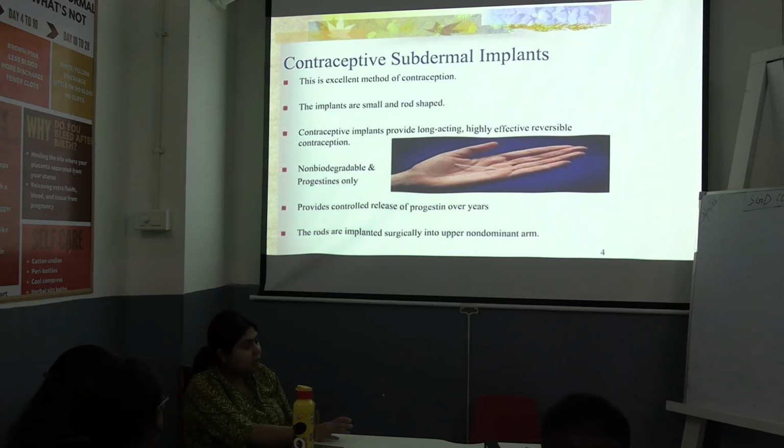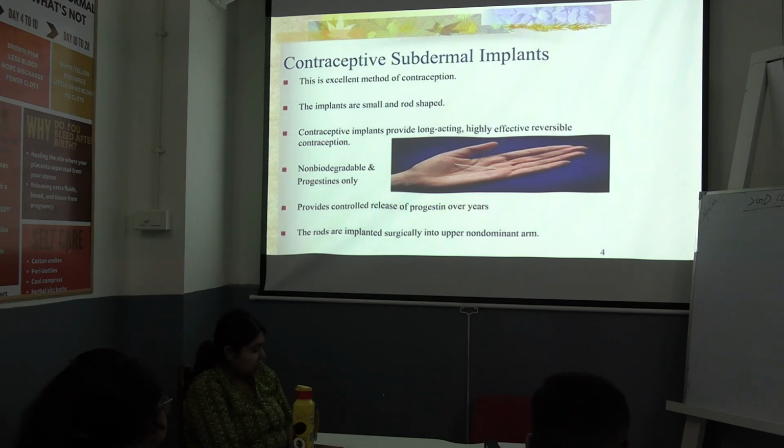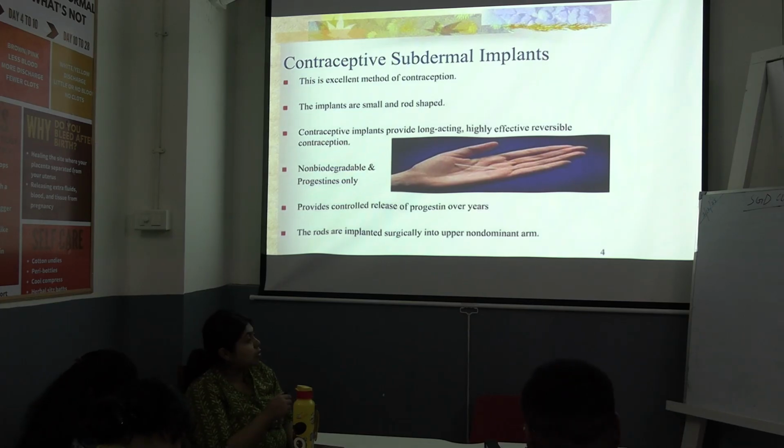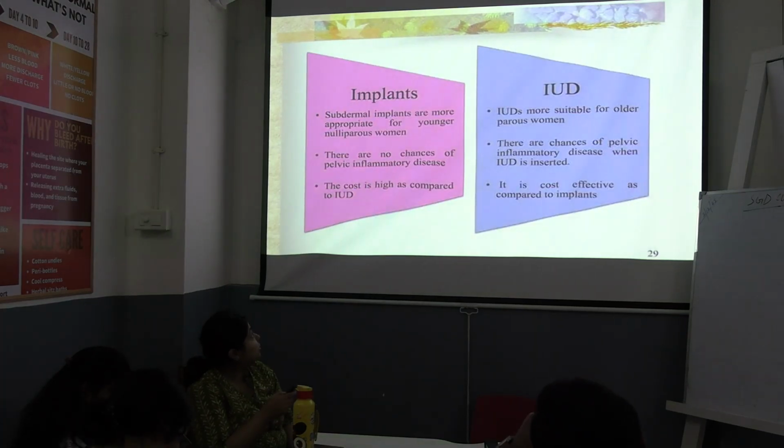Intrauterine devices. Now, the remaining part is implants, and permanent methods of sterilization, both male and female. So today we are going to discuss subdermal implants. Basically, these subdermal implants are small rods containing hormones which get released into your body. Now, what is the difference between implants and IUDs?